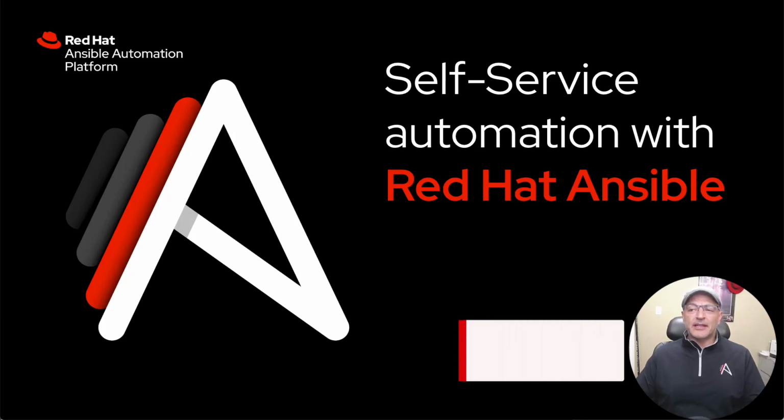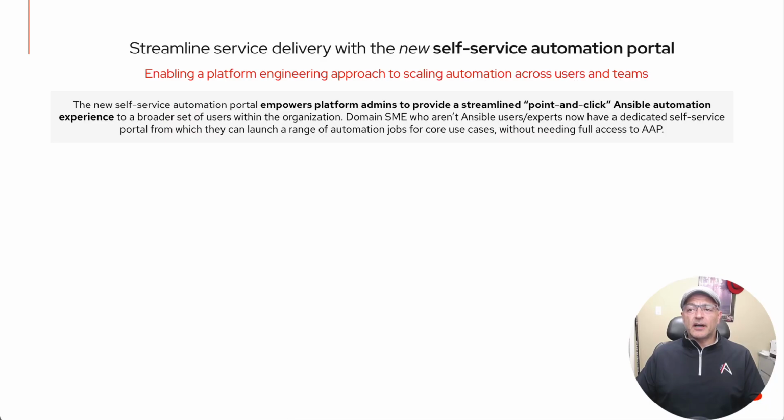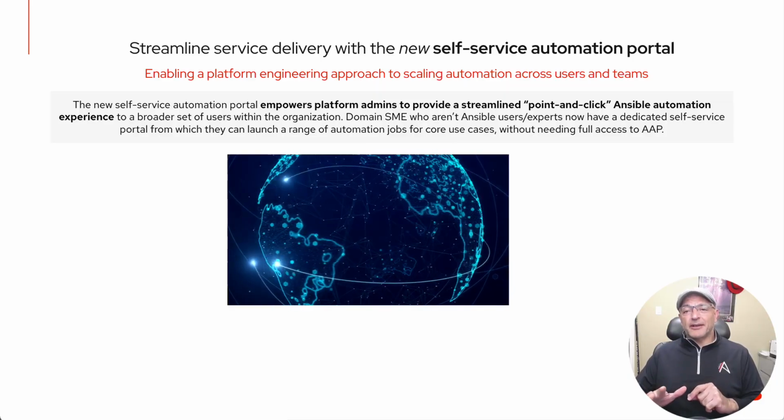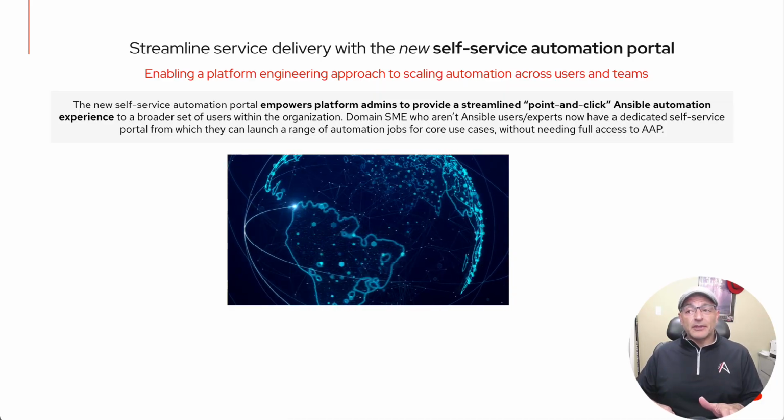Self-service automation is now available with Ansible Automation Platform 2.6. Organizations have often struggled with how to scale automation across the entire enterprise and make automation accessible to different users within different teams within the organization. This new self-service automation portal capability empowers organizations to scale automation across the entire enterprise, making it accessible to any